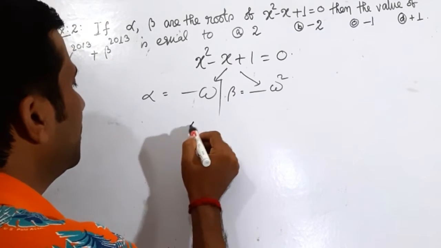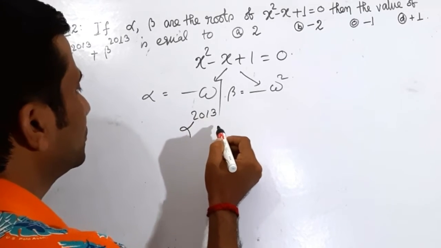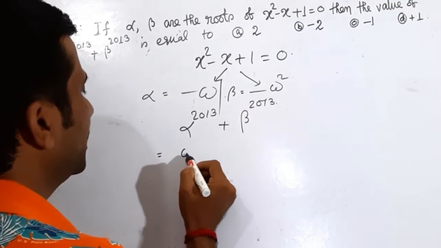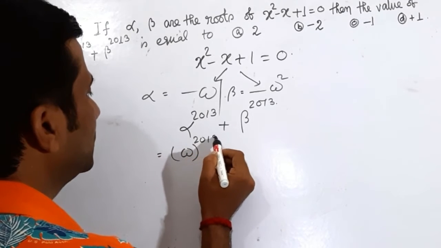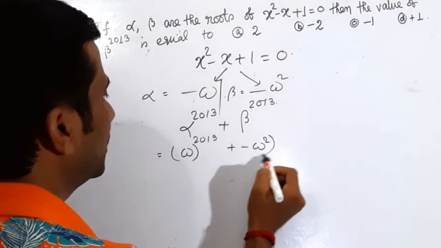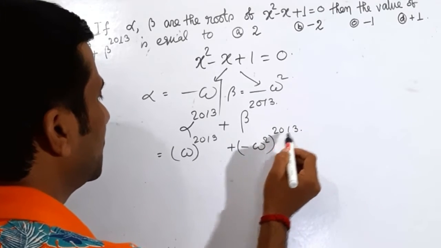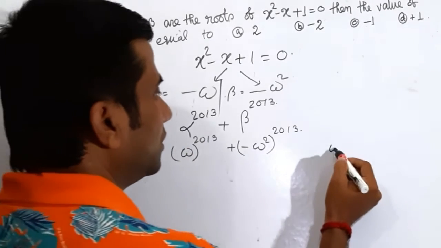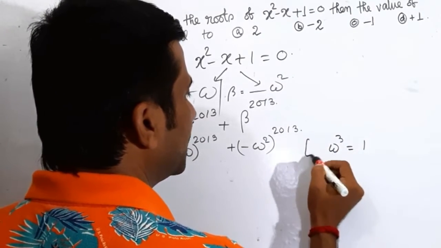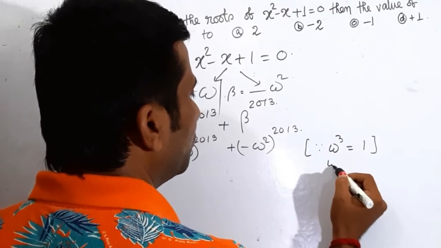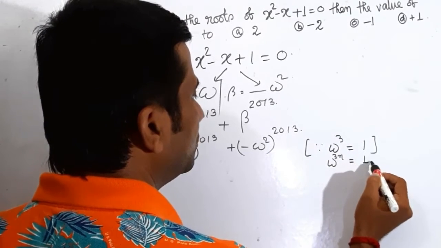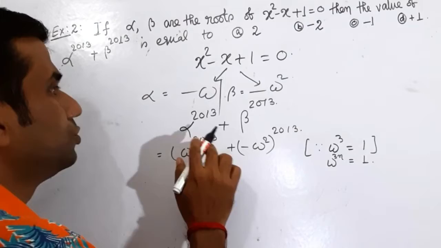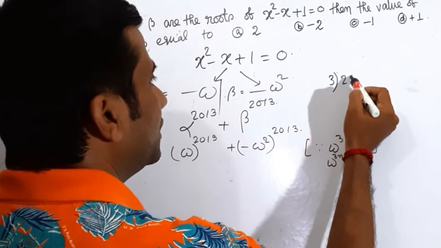Then alpha to the power 2013 plus beta to the power 2013, that means omega to the power 2013 plus minus omega square whole to the power 2013. Now we know that omega cube is equal to 1 and omega to the power 3n is equal to 1, that is multiple of 3. Now 2013, dividing by 3,